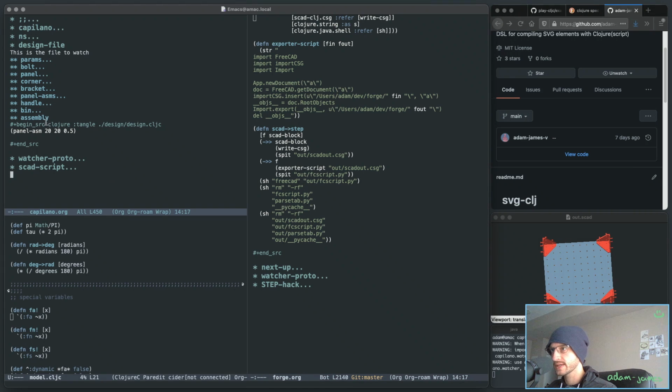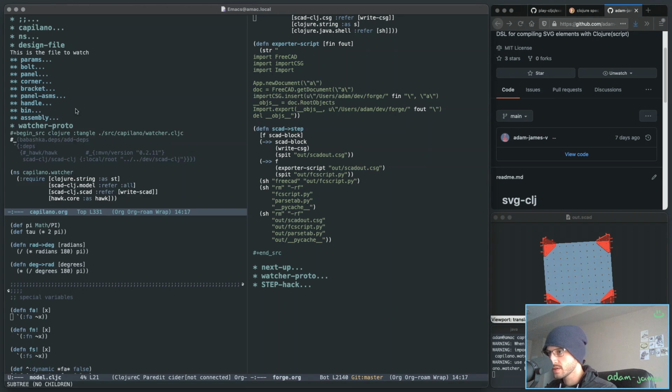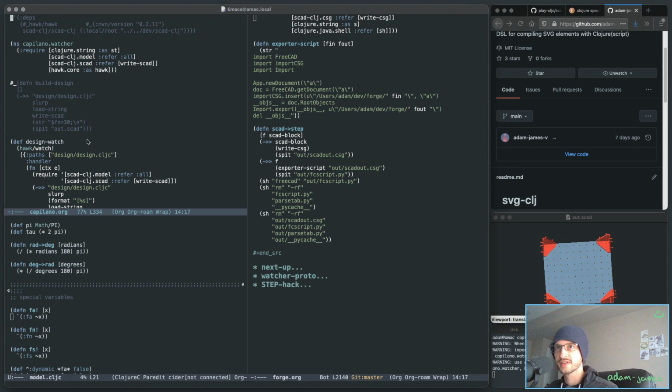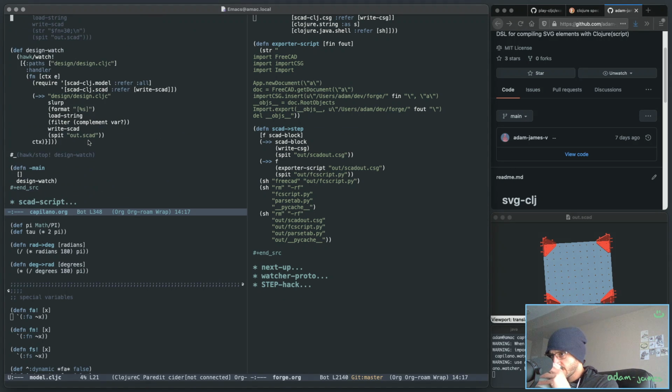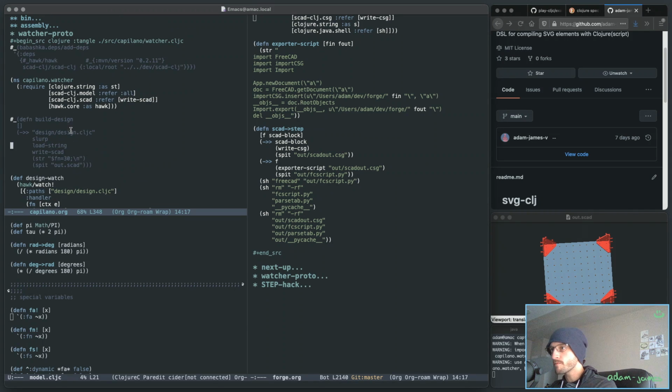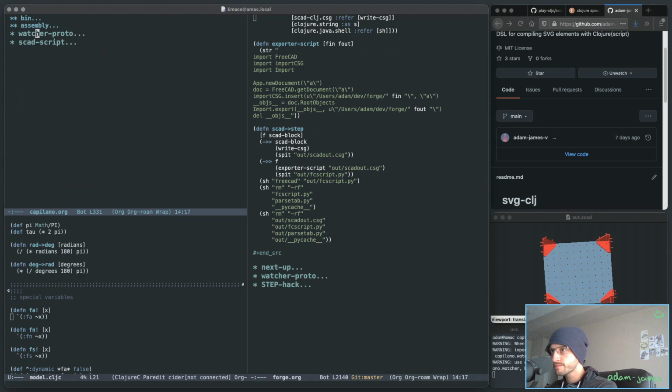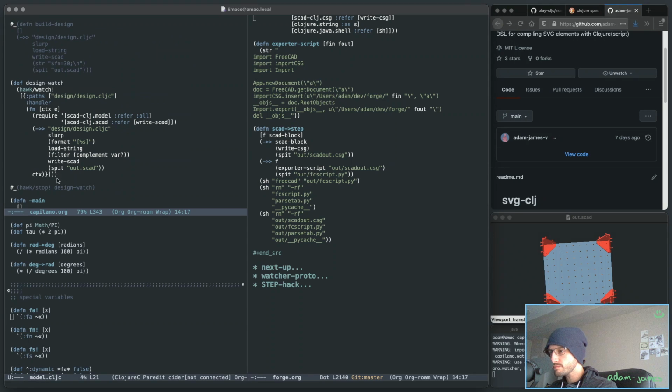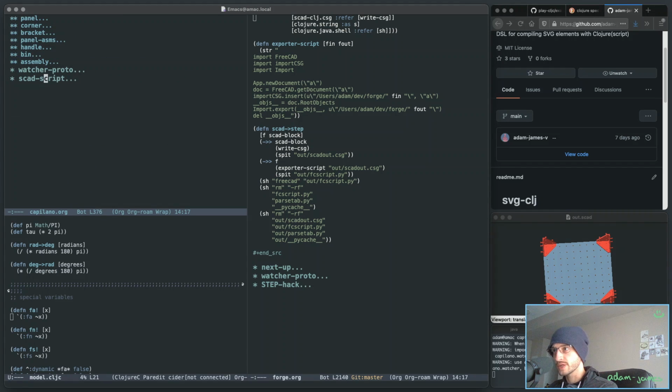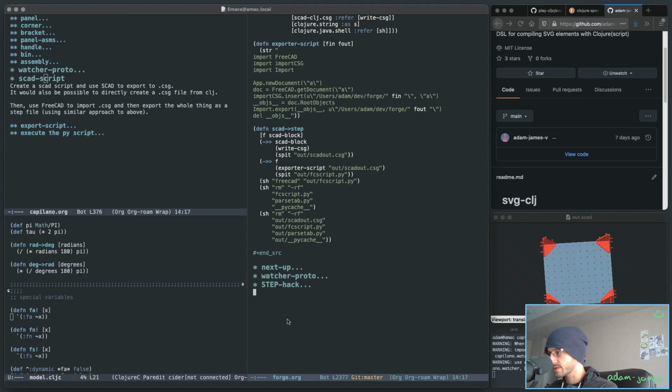Trying to collect my thoughts with how I'm building all this stuff. The design watcher's fine the way it is. This here is actually what I want to